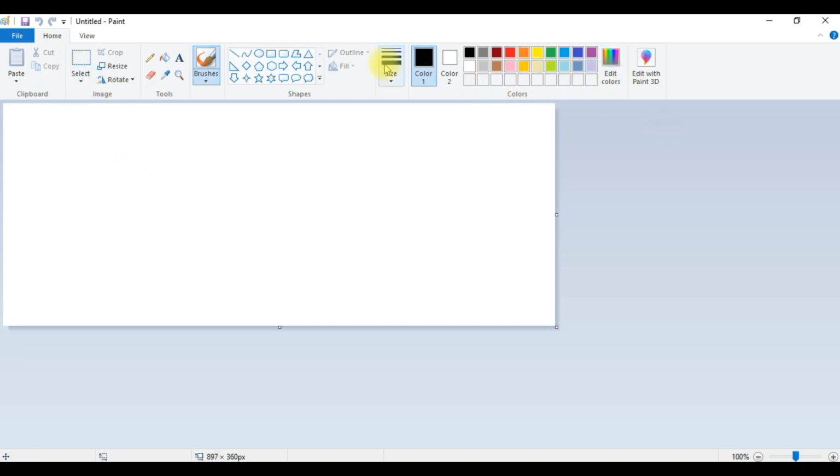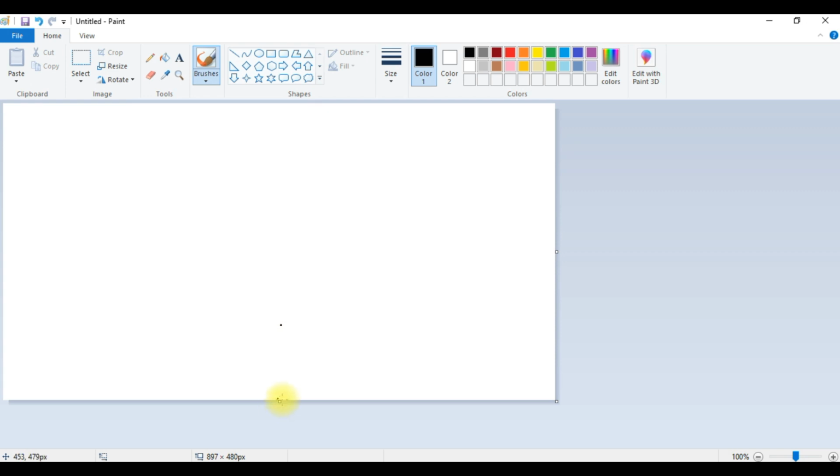The color tools will be there, shapes will be there, and tools will be there. Then images. So a lot of panels will be there. So this is the canvas area where we need to paint. And below that, you can see what pixel size it currently has, and you can increase the pixel by moving this small dot.